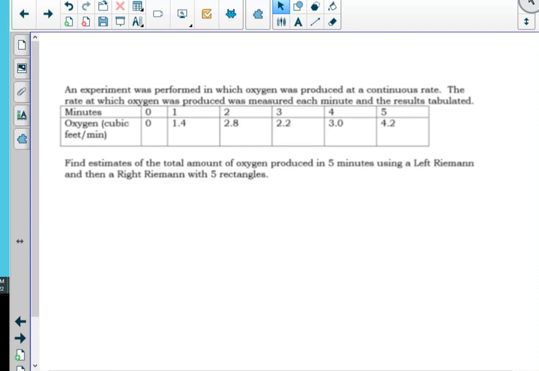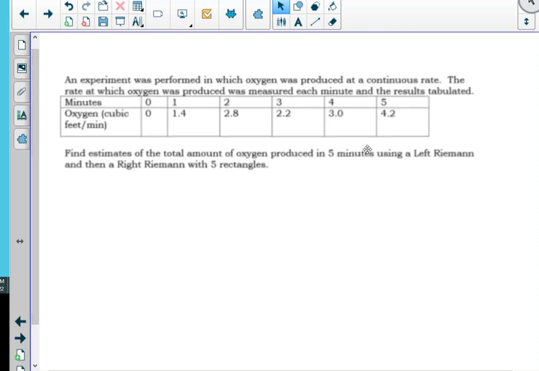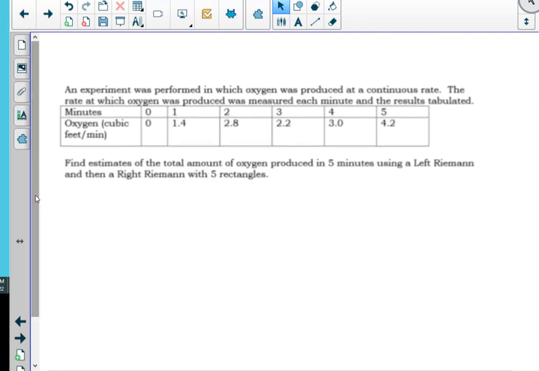Okay, we're going to use this problem from our day one Riemann notes to review the process for calculating area using a left and a right Riemann. We're going to do this problem twice. We're going to do it with a left Riemann and then with a right Riemann. To remind us that this Riemann calculation process is being used to calculate the area under a curve, which is